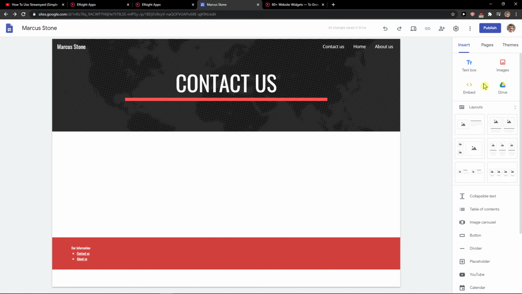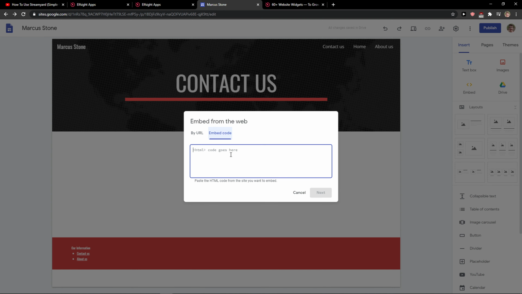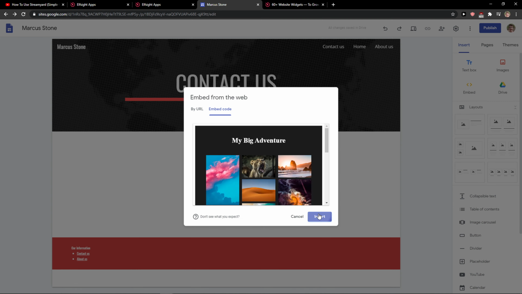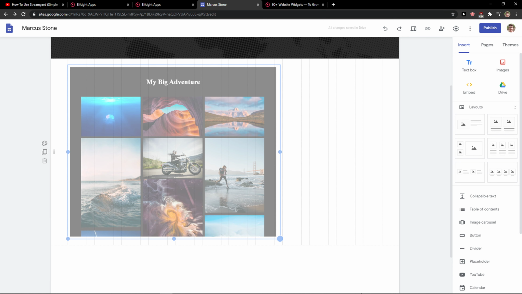When you've got it, there is one thing you need to do, just click insert and embed code. Embed code, just paste it here, next, and insert. And voila, you've got here a perfect